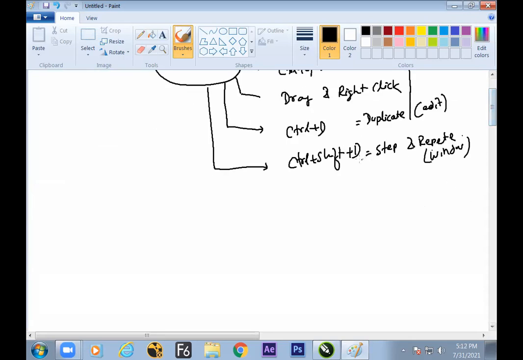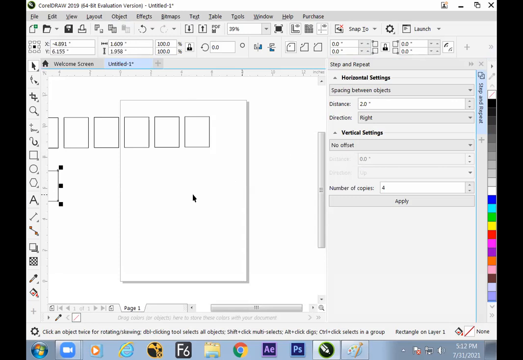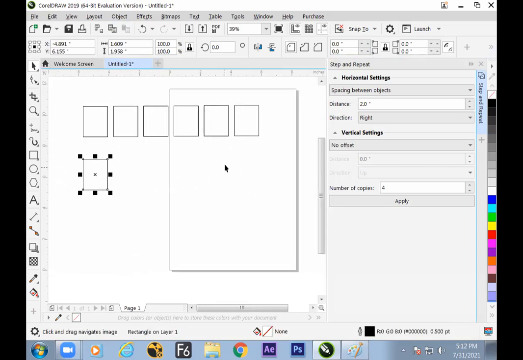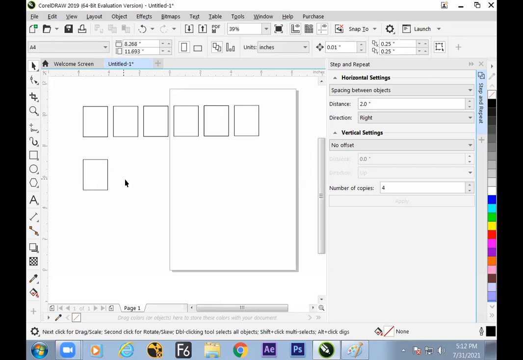So let us see what Step and Repeat is and how the software interacts with the user. As if we are talking, like: I need 10 objects on the right side with a distance of 1 inch gap. This is how we talk generally.